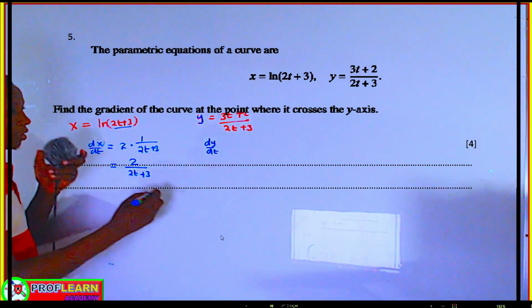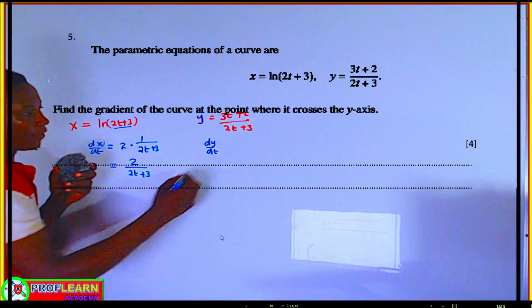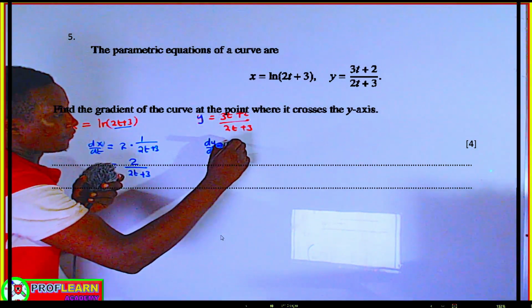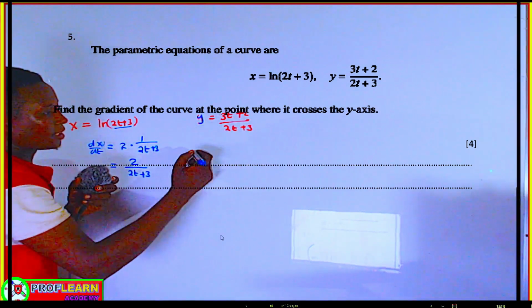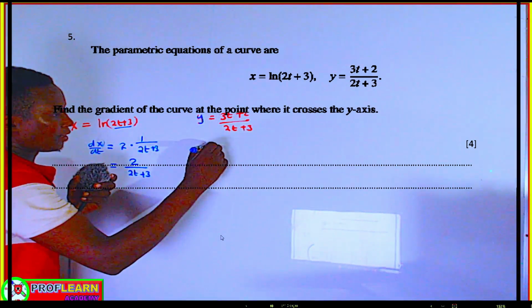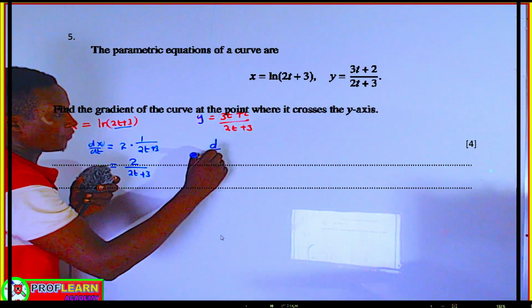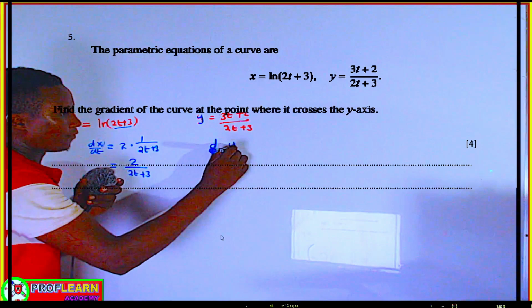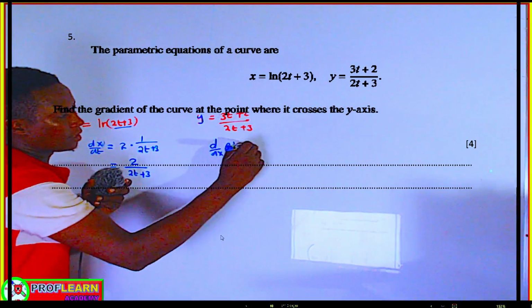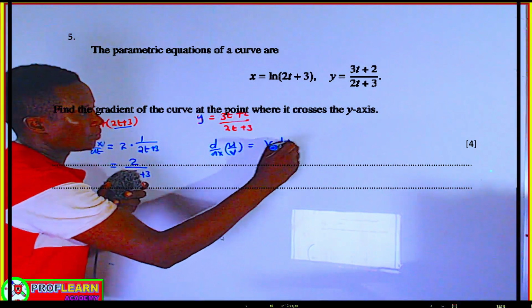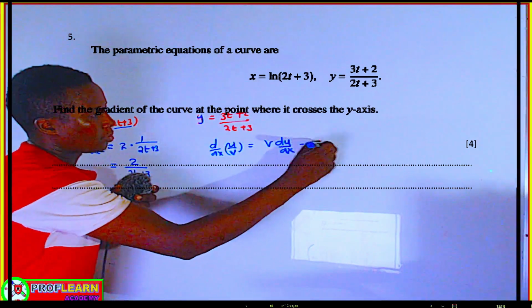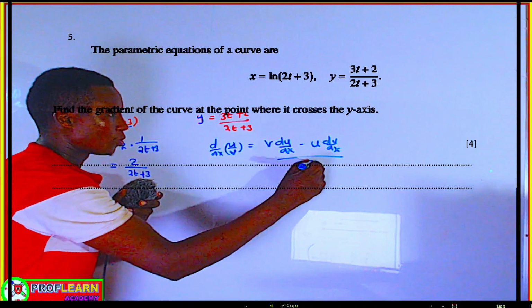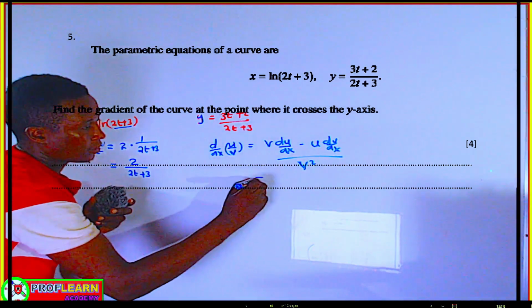remember we are going to use the quotient rule. For us to differentiate this, we're going to say this is v. Quotient rule states that, let me just write the quotient rule first. If you are finding the derivative of two functions which are divided together, u over v, this is going to be v du/dx minus u dv/dx, divided by v squared. So that will mean that